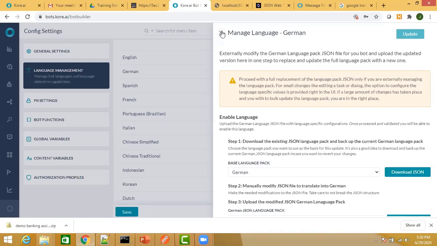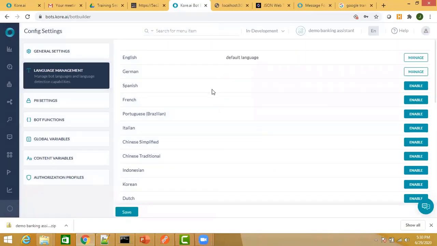Or if from the starting you know that there is a possibility of other languages, you have not started building your bot, but there is a possibility that that bot might turn into a multilingual bot, in that case, using content variables is a good approach. So you just enable the bot, and then you go to the content variable section and change the prompts and the messages of the entity nodes and all. Okay, but of course if it is already built and you are enabling a new language, you can download the JSON file, make changes in that JSON file and upload that file back and enable that language.